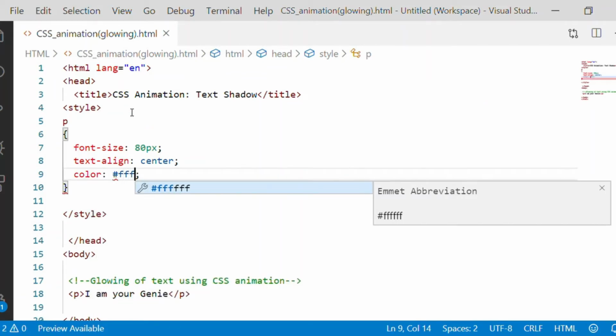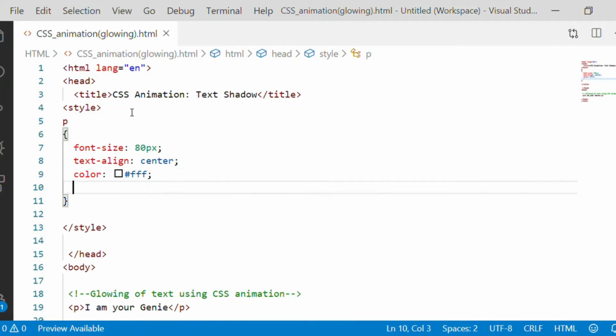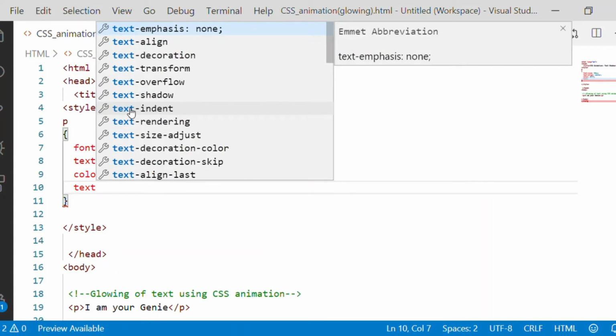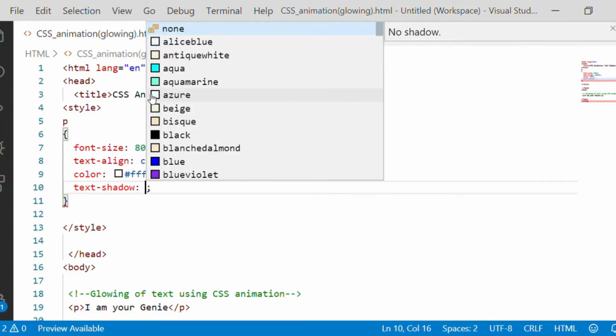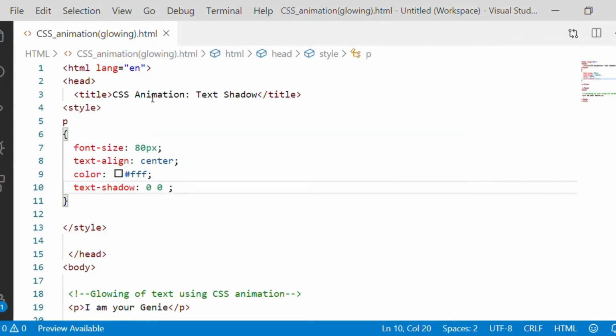Normally the white will not be visible, but now I'm going to give a text shadow of contrasting color. Here I'll choose black. So with text shadow of black color, we will be able to see the words "I am your Jenny" prominently.